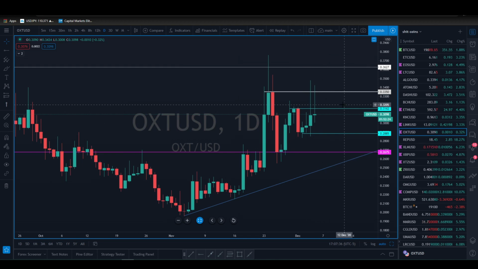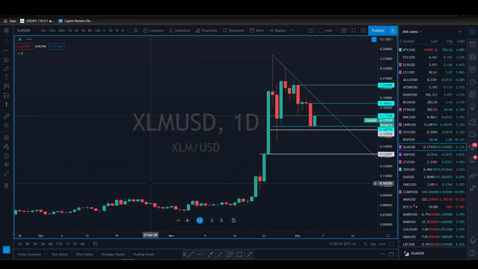The bullish case is going to be you need a daily closure above 31.62. And then you can look for 33.50 to be tested. Stellar